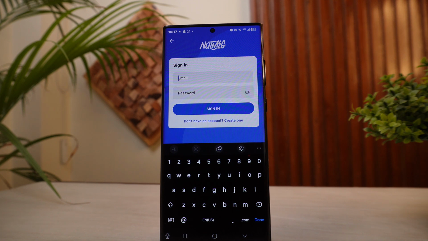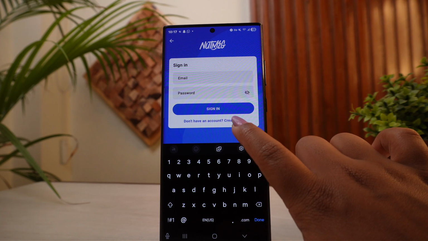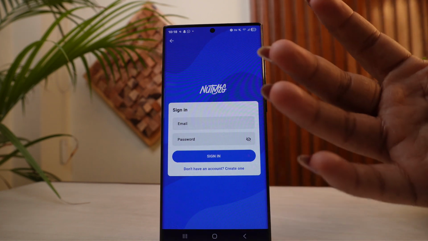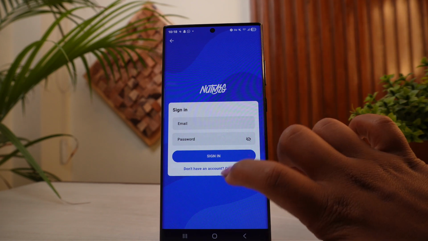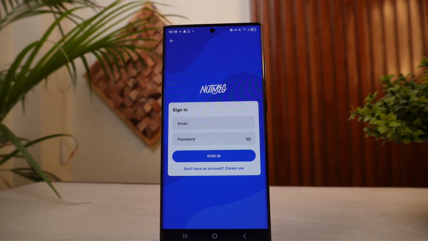So in here, if you haven't signed up for your account, you can also tap on the option don't have an account, create one, and then go along with the process of how you'll be able to create yourself your Nutmeg investment account. So like I said, all you need to do is simply add in the credentials and then tap on sign in order to sign into your account, and like that you'll be able to log into your